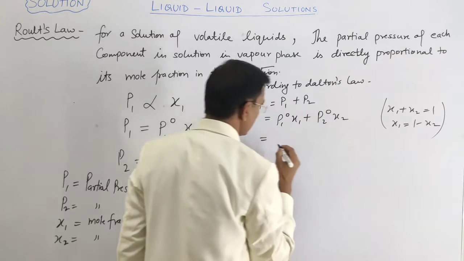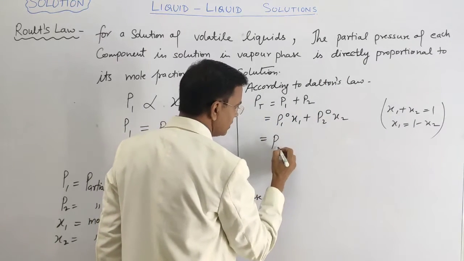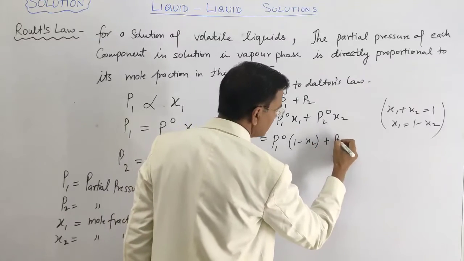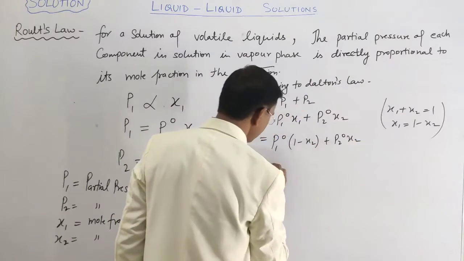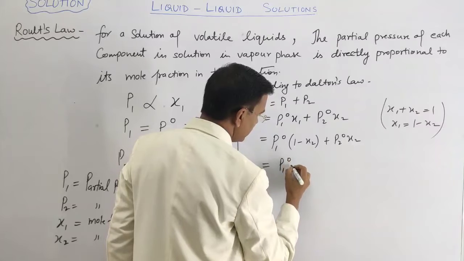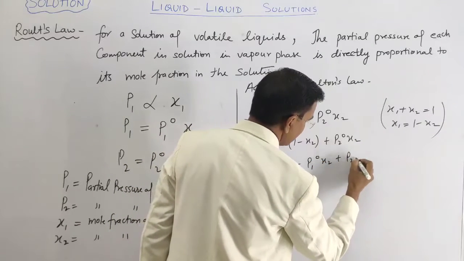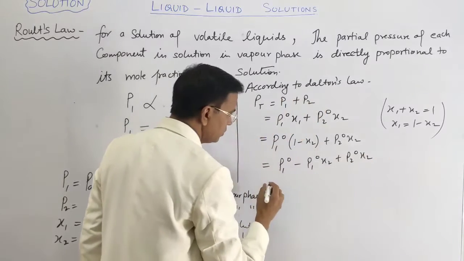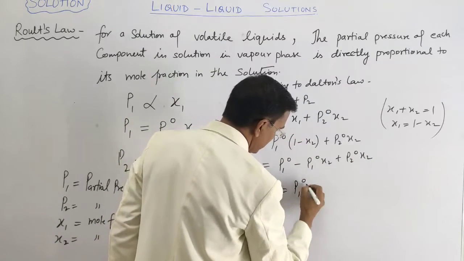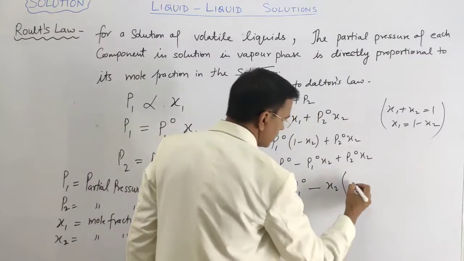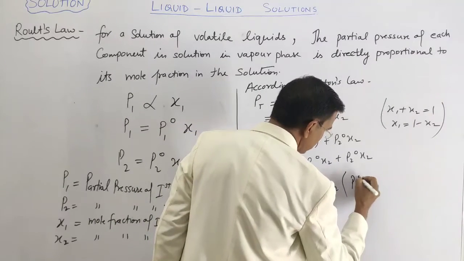So here, if you are going to replace, P1 naught (1 minus x2) plus P2 naught x2, it will be P1 naught minus P1 naught x2 plus P2 naught x2. Here P1 naught plus (P2 naught minus